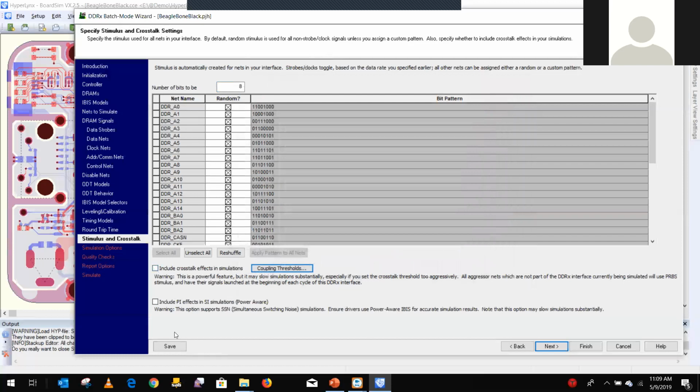I'm going to cancel that, going to uncheck that, and this next box is what we call the power aware. This is IEEE standard in terms of IBIS model. So people like Micron will have power aware IBIS memory models for you to use. You don't have to use the power aware part, but you can, in our case, by just checking the box. That's it. And we will see if the IBIS file has the power aware capability, in which case we will use those. If it doesn't, then we will ignore. Okay, so this gives you a better,